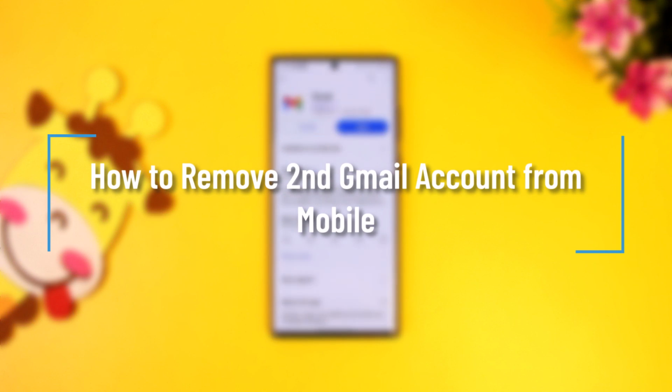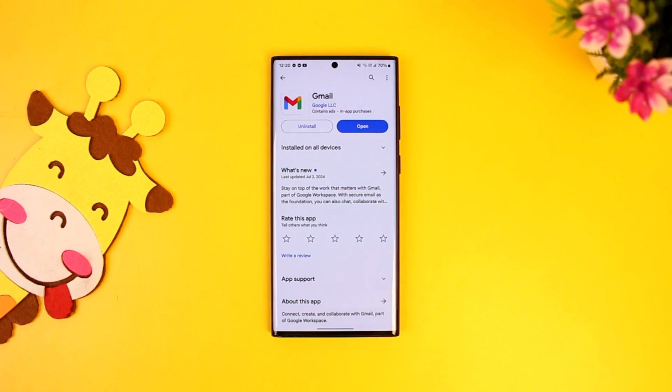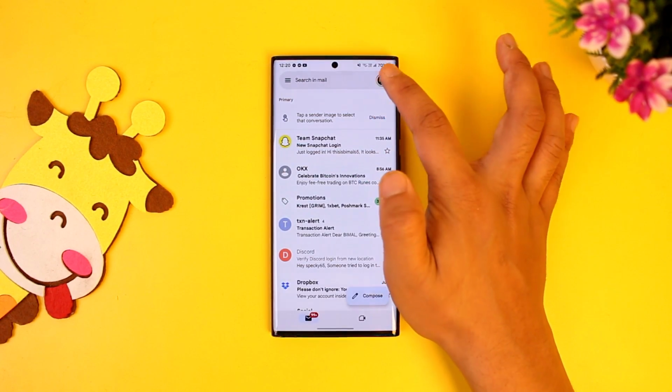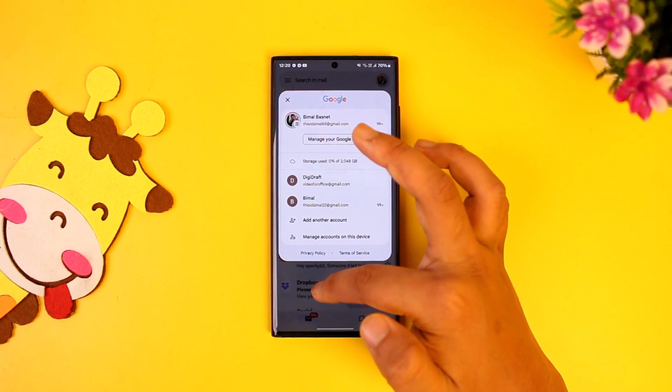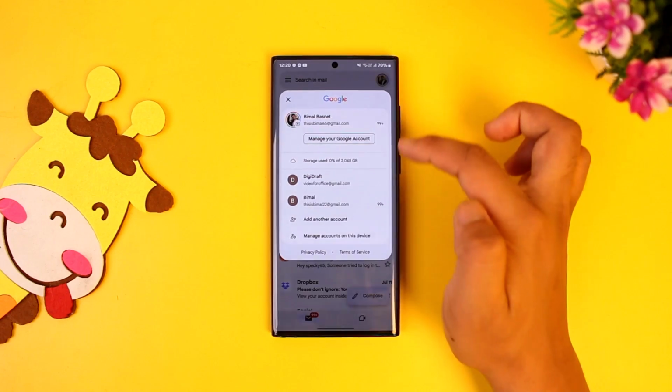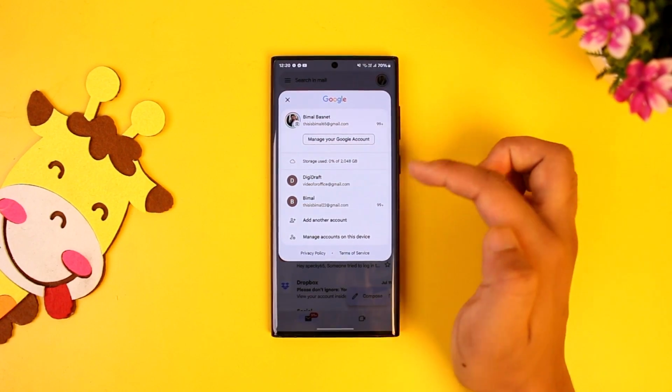How to remove second Gmail account from mobile. Now by this, what I'm assuming is that if you have added multiple accounts to your Gmail app, well, multiple accounts are not added to your Gmail app. Multiple accounts are added to your Android phone. So if you want to remove them from the Gmail app, you have to remove one of these Google accounts